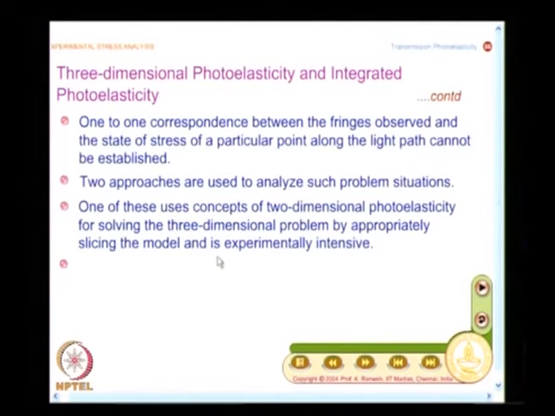The method is experimentally intensive. See, if you have a problem, when you want to approach it, you have to pay a price for it. The price may come from being experimentally intensive. If you want to simplify the experimentation, then it becomes mathematically demanding. If the problem is complex, you have to pay a price for it. There is no escape from it. You will have to do it. You can circumvent it only in a manner which is possible from the methodology that you use.